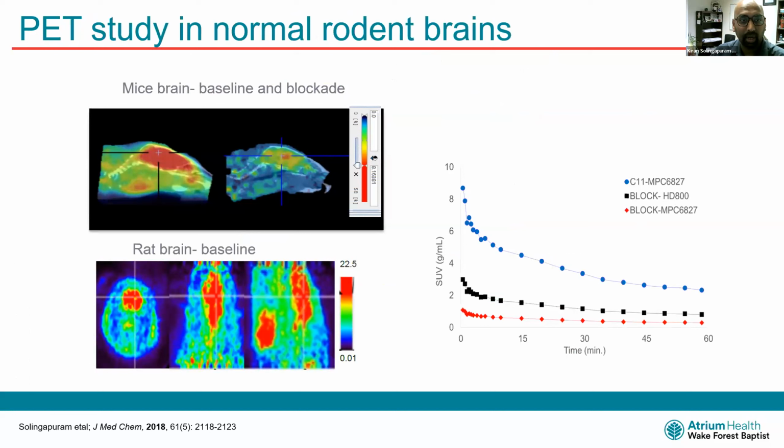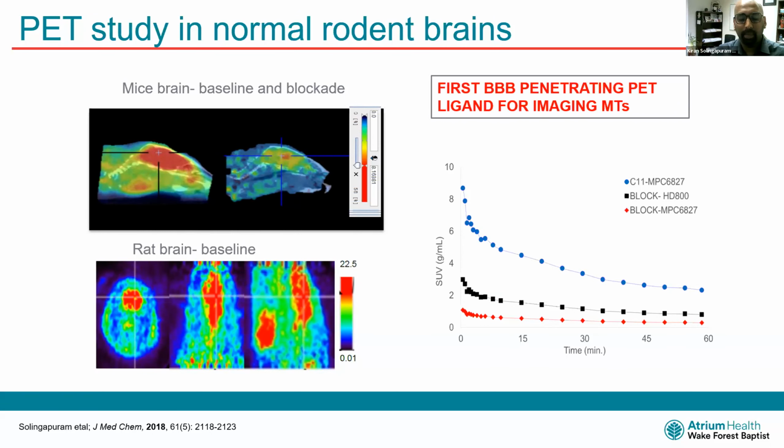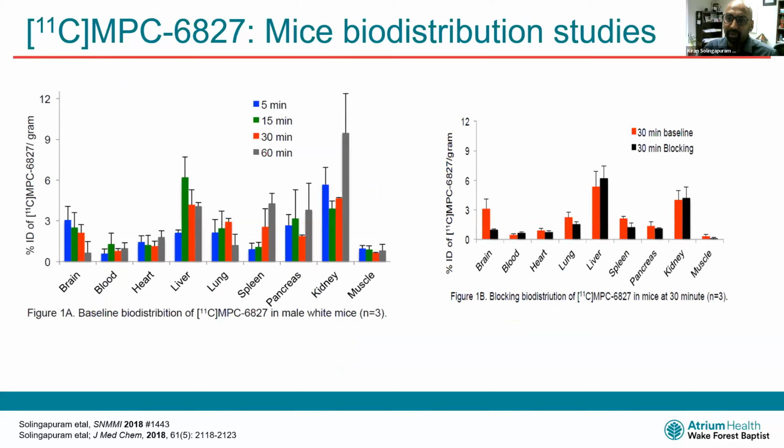Both of them show clear uptake in the brain. This is the first blood-brain barrier penetrating PET radioligand for imaging microtubules. So then again, this has to be corroborated with ex vivo studies. We did the pharmacokinetics,